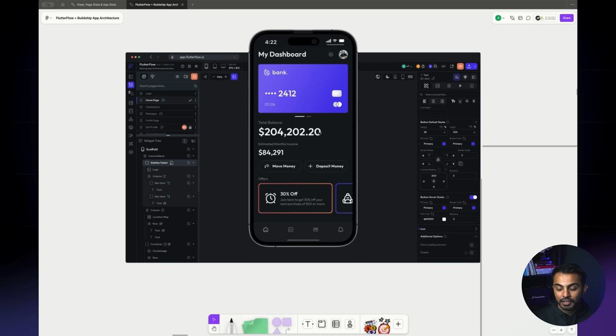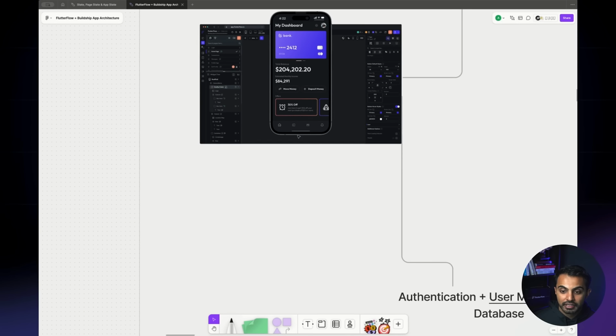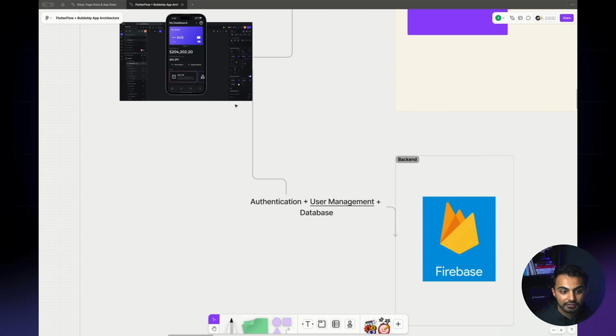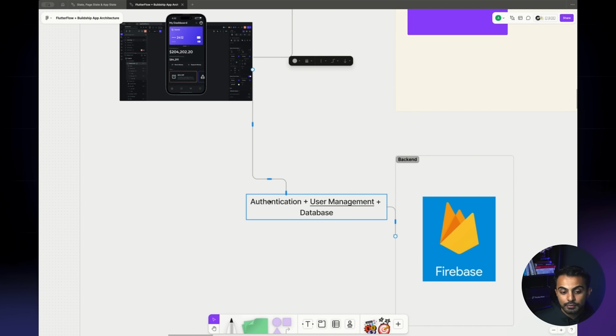In the quick memory. However, if you want to create real applications, you need to store data in a database for more long-term memory storage. So how do you do that? Well, Firebase integrates directly with Flutter, and Firebase will handle your authentication, your user management, your database, and actually other things as well, like storage and push notifications.